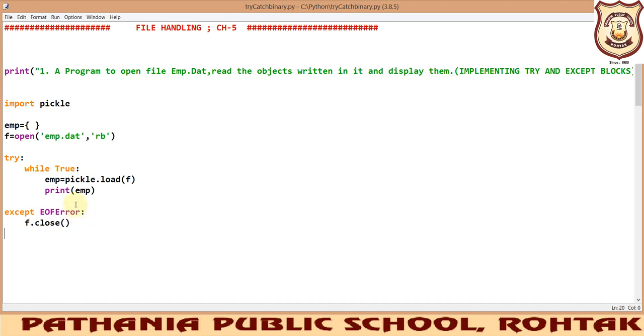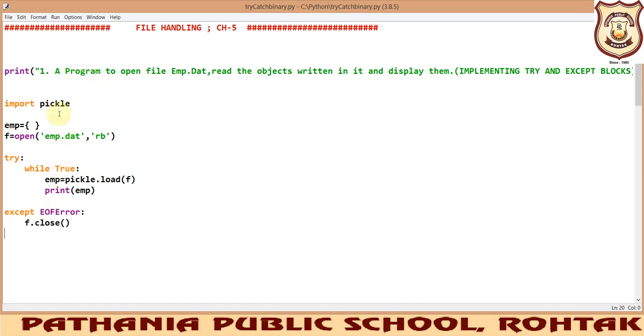So when we are reading the file and the file contents are over and still we are trying to access them, it will raise an end of the file error. That error will be handled with the help of this except block. I hope you are now clear with this concept. The try block will execute the normal processing of a particular program, and if any errors are there, they will be handled by the except block.